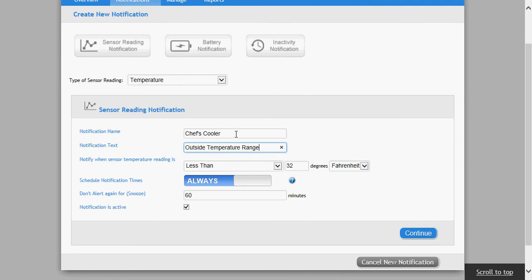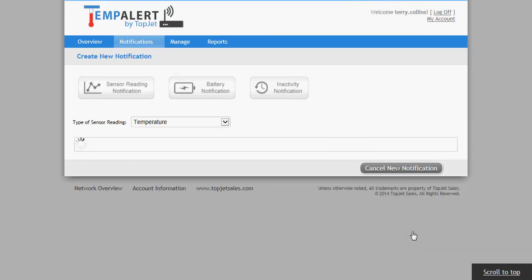Now if we want to do that for all three, we can get rid of this, put global low temp notifier. We could do that if we wanted to. And so we're going to put less than. We could put 32 degrees if we wanted to, but sometimes boxes might reach that, but only for moments, and then go back up again. But if you want to make sure that you catch it, you could leave that at 32, and you're all set. We can just hit continue,